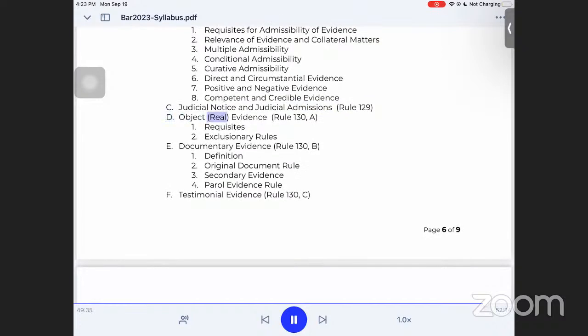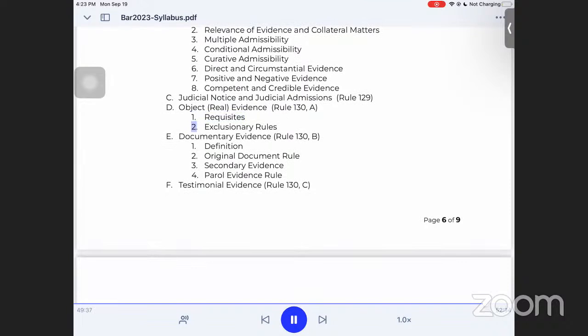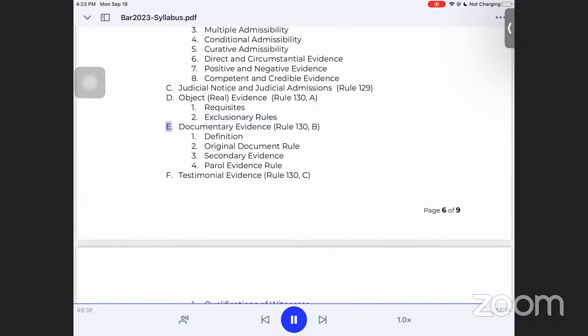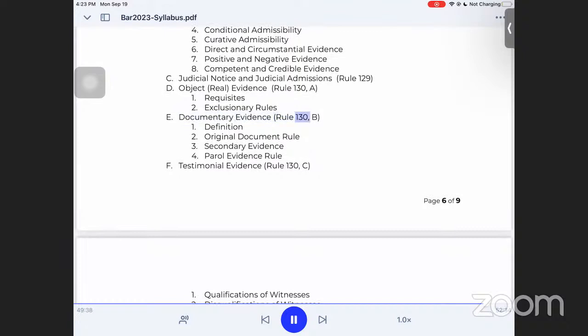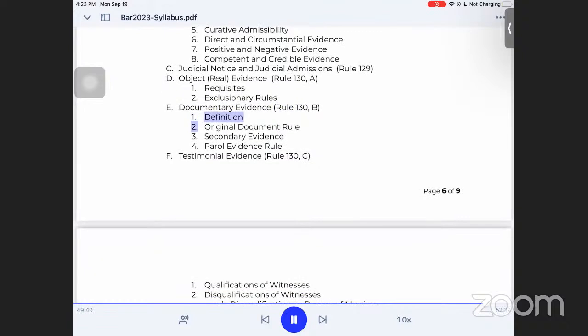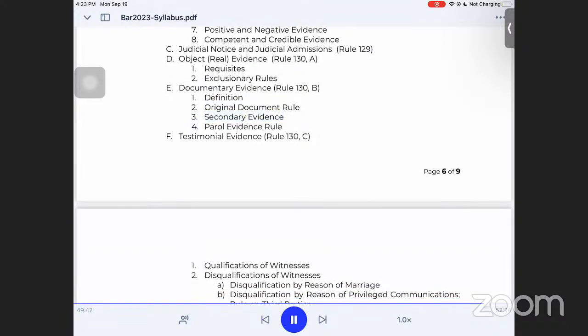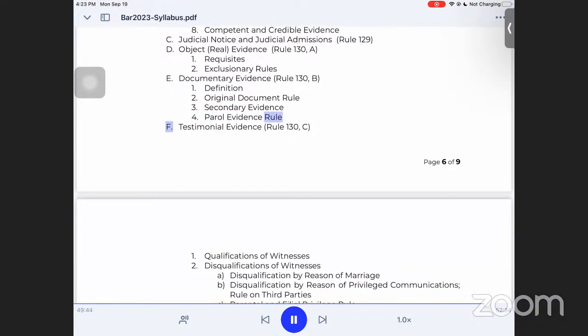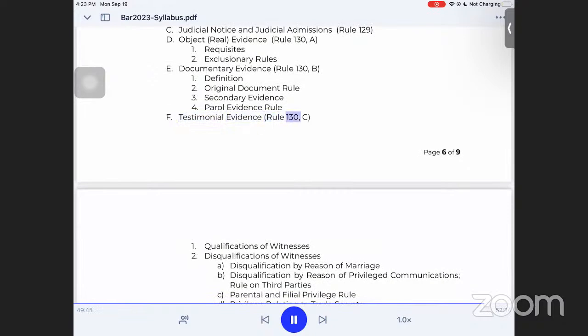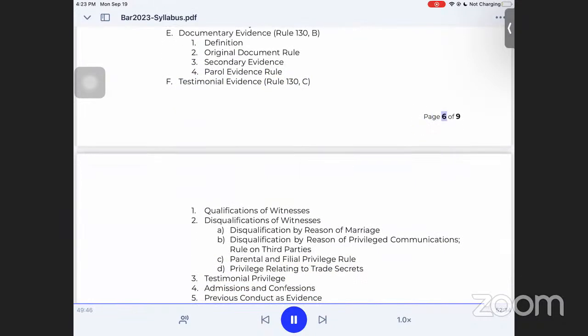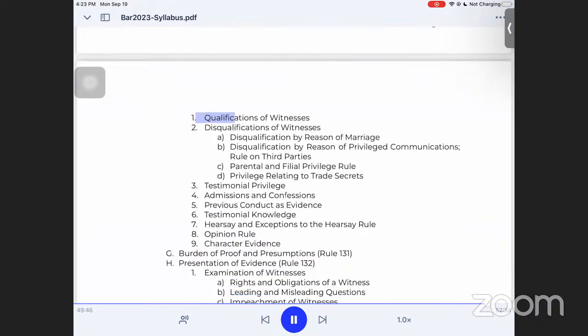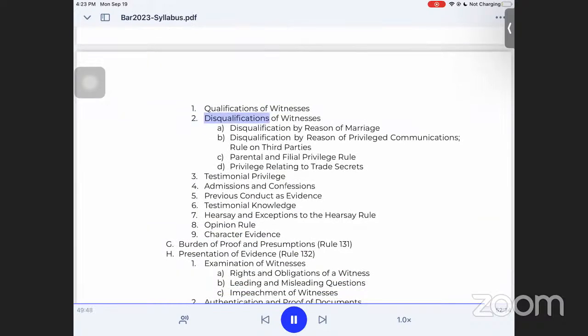D. Object (Real) Evidence, Rule 130, A1. Requisites; 2. Exclusionary Rules. E. Documentary Evidence, Rule 130, B1. Definition; 2. Original Document Rule; 3. Secondary Evidence; 4. Parol Evidence Rule. F. Testimonial Evidence, Rule 130, C. 1. Qualifications of witnesses;